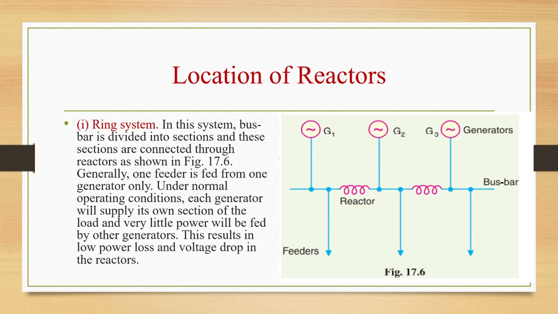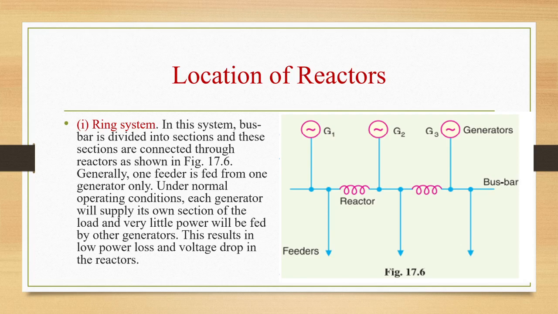However, the principal advantage of the system is that if a fault occurs on any feeder, only one generator, that is the one to which the particular feeder is connected, mainly feeds the fault current, while the current fed from other generators is small due to the presence of reactors. So only that section of the bus bar is affected to which the feeder is connected. The other sections will be able to continue normal operation. In this way we are overcoming the disadvantage.